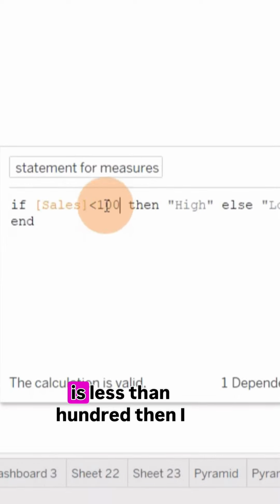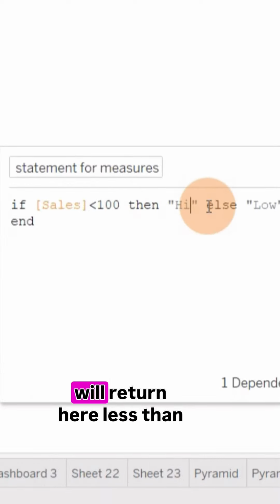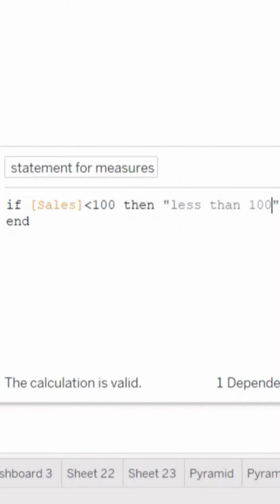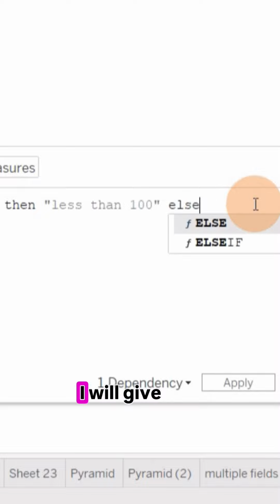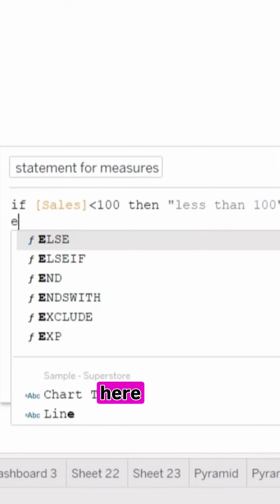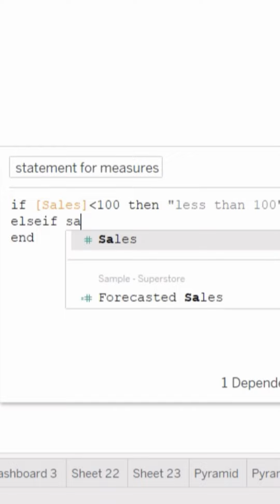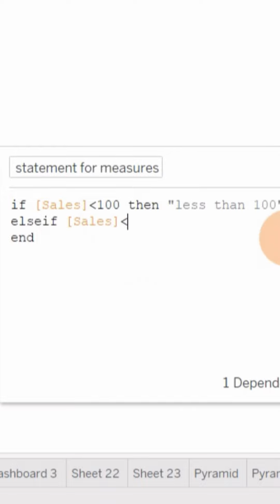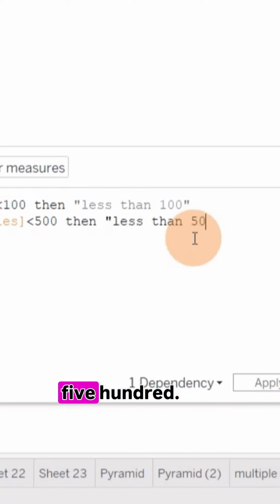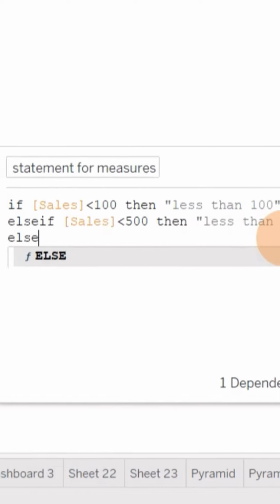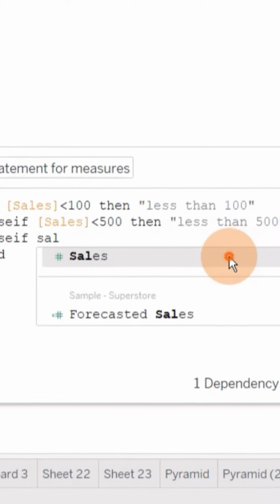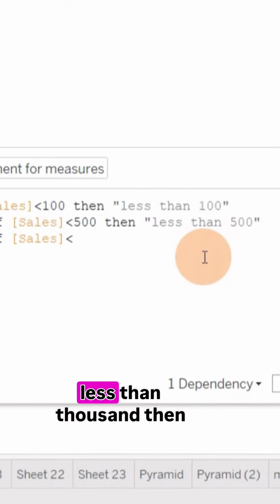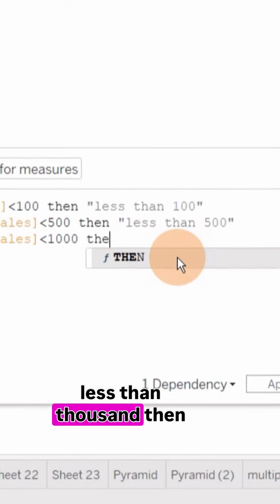Suppose I want to see if sales is less than 100, then I will return less than 100. Else I will give an else if statement here. Else if sales is less than 500, then less than 500. Else if sales is less than 1000, then